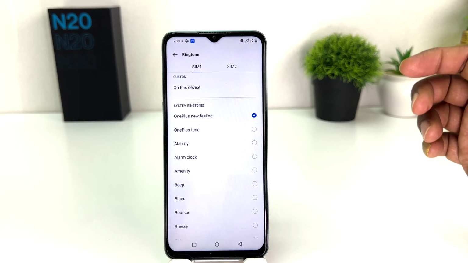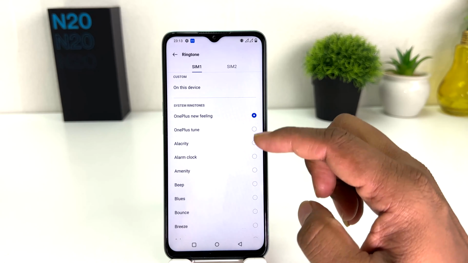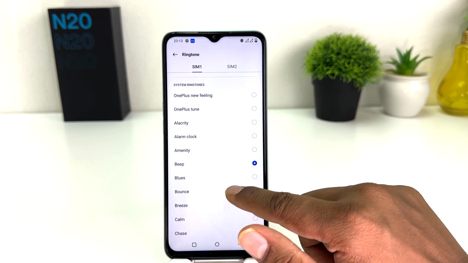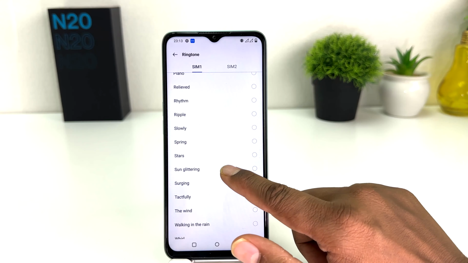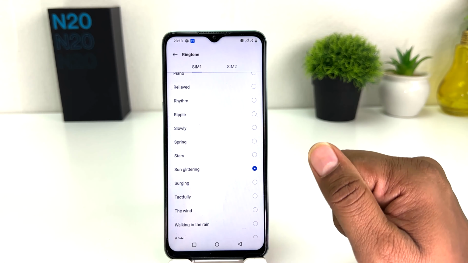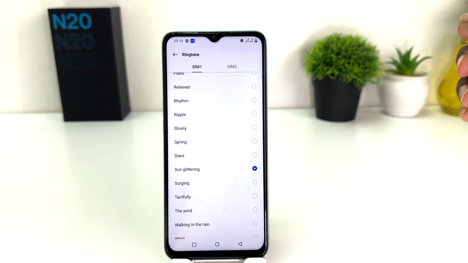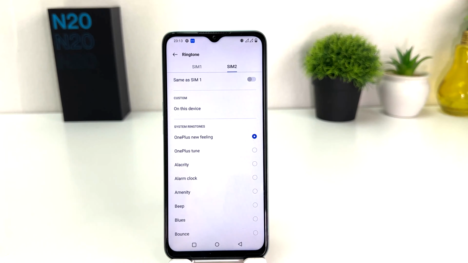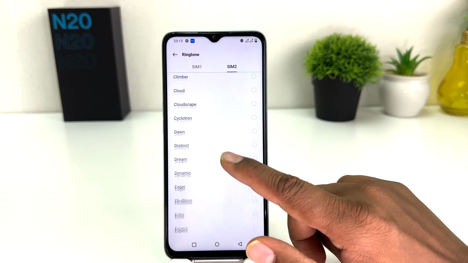From here you can see, for example, right now we are in SIM 1. You can easily choose any ringtone you want. So this is the ringtone I chose, and if you decide to change the SIM 2 ringtone, you can simply go to this tab and it's going to show SIM 2 ringtone, and you can easily choose any ringtone